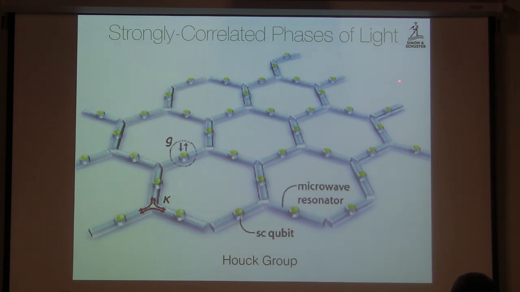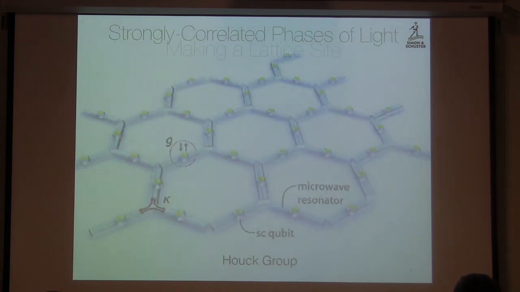Okay, so the first person who seriously thought about trying to do these kinds of experiments that I know of anyway is Andrew Houck at Princeton. And he's got a bunch of really beautiful pioneering papers. The basic idea is to have arrays of superconducting resonators with qubits in them. And this is his artistic rendition. He may have actually had an artist make his. You can tell because it doesn't look like it was made in Mathematica.